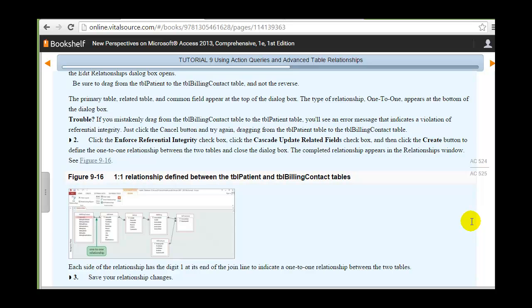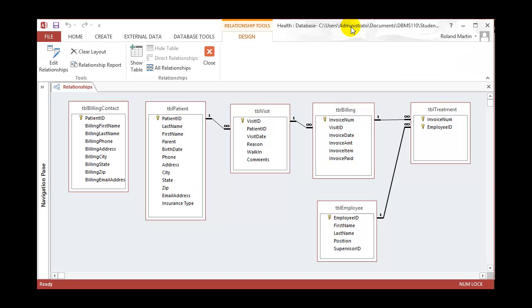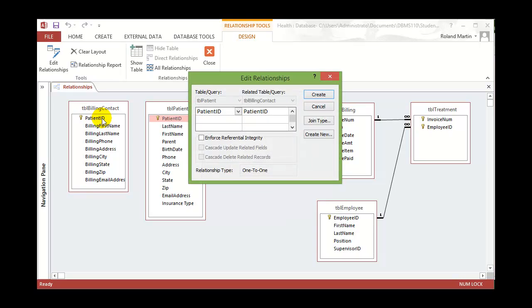Now we'll go back into our database. Alright, in our patient table here, we're going to click Patient ID, then drag it to the Patient ID in the Billing Contact. And now we'll look at our Edit Relationships dialog box here. We're going to click Enforce Referential Integrity, Cascade Update Related Fields,